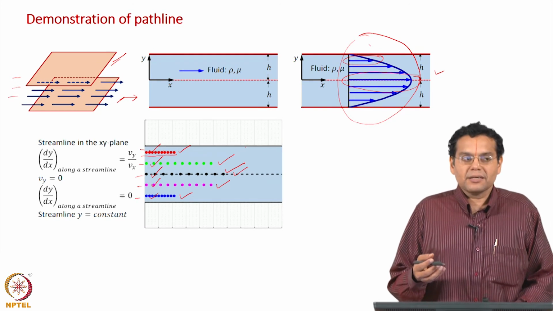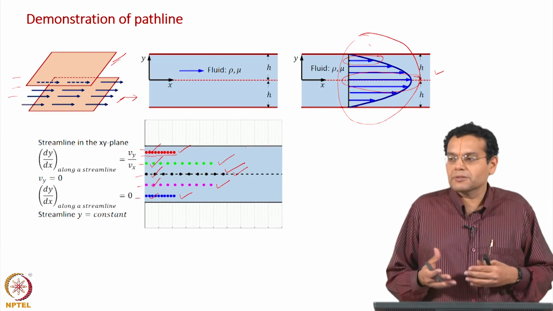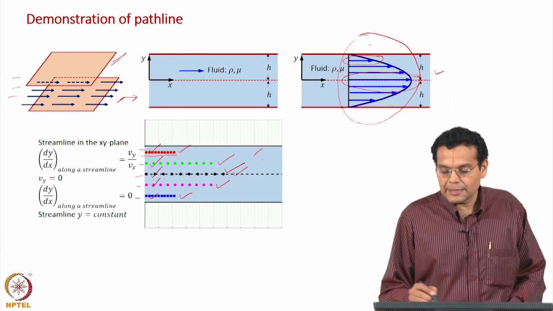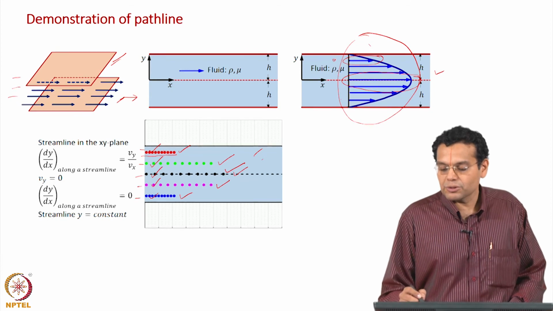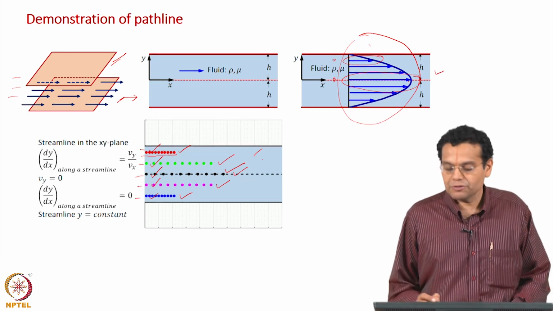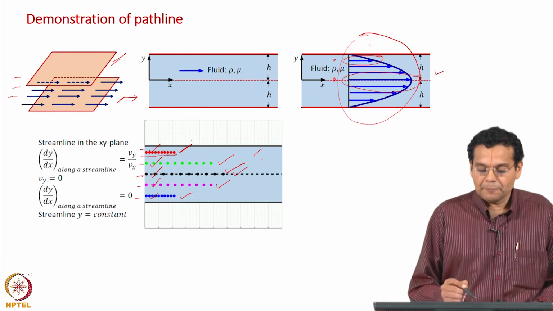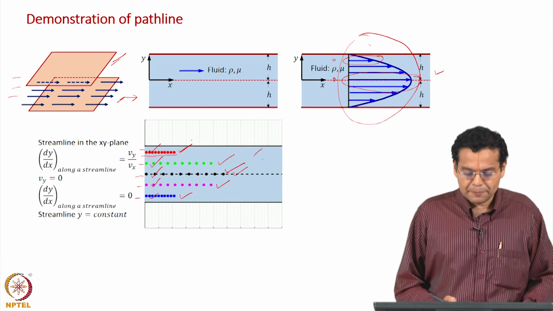So, going back to the objective, we want to represent the flow field in terms of path line. That is what has happened here. These path lines represent the velocity field. A particle here moves slower, a particle here moves faster, and that is why it has travelled a longer distance compared to a particle which is closer to the wall.